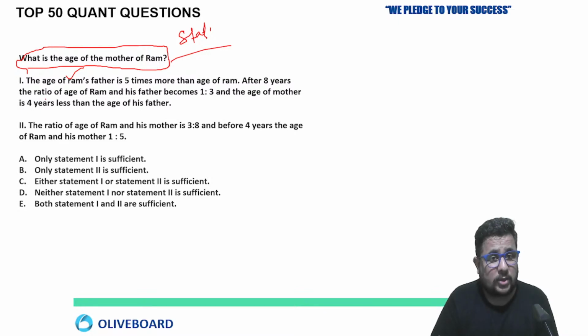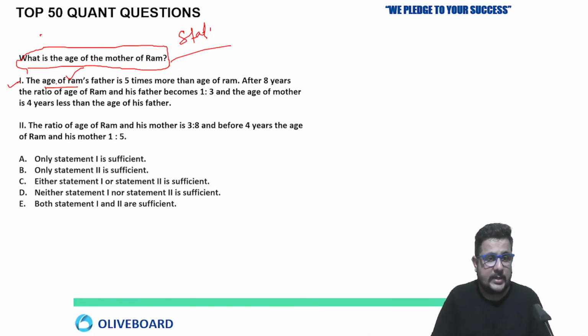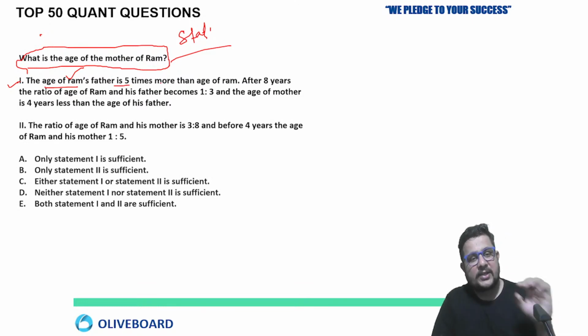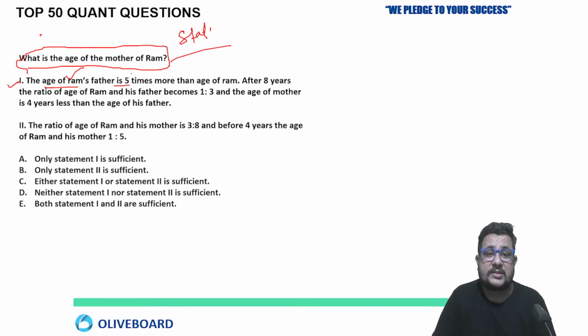So, mother of Ram. In these kinds of questions, what you need to do is, they will give you two statements, and you have to tell us whether the data is sufficient to answer the question or not. So option C, you are saying just C, mother of Ram. No need to calculate anything, just check whether the data is enough to solve or not, because they are not asking for any specific value here.